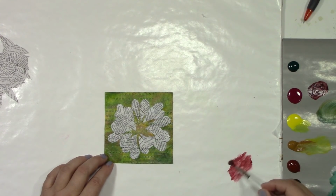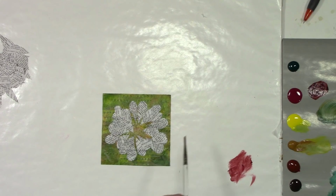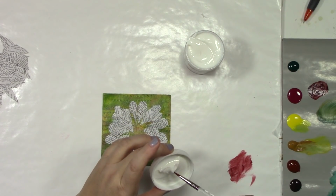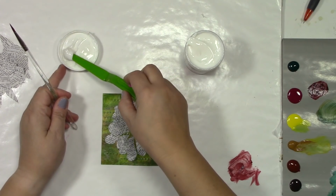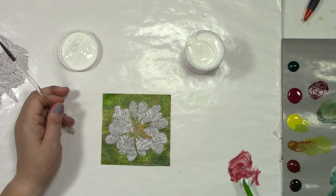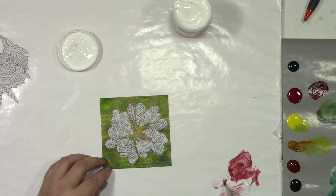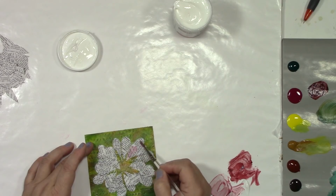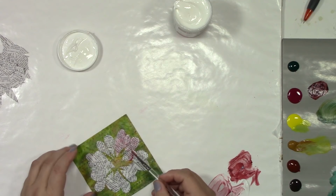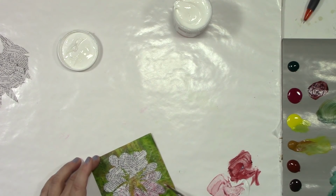That's not too bad. I want to keep it transparent, so I'm going to grab the matte medium again. I really want this to be just a stain. Ooh, there's a dried piece of thing there. So I don't need a lot. Doing it this way is better than using water, because if you use too much water, you weaken the pigment. You can't really add white to it because then it becomes opaque, and I don't want to lose the text. And with the matte medium, it'll also take a little bit longer to dry,